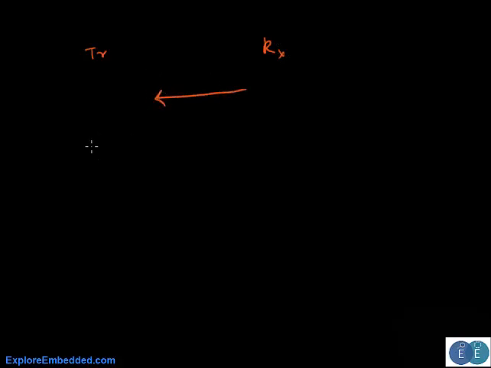The acknowledgement basically is, since we transfer 1 byte or 8 bits at a time, the 9th clock cycle is called the acknowledgement. Now it could be positive or it could be negative. If the receiver wants to give a positive acknowledgement,